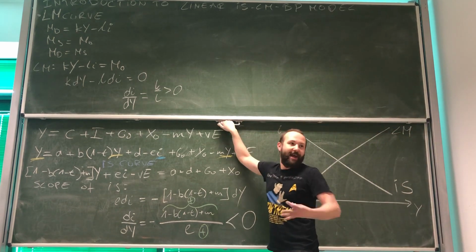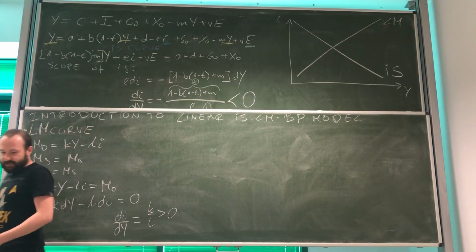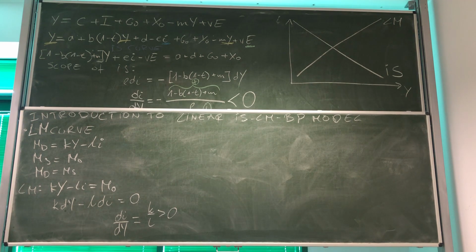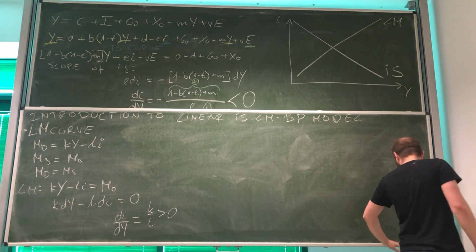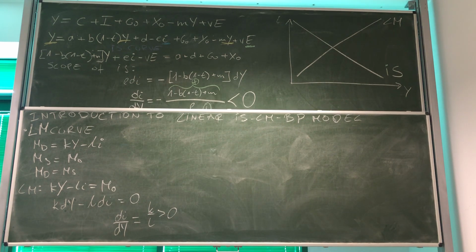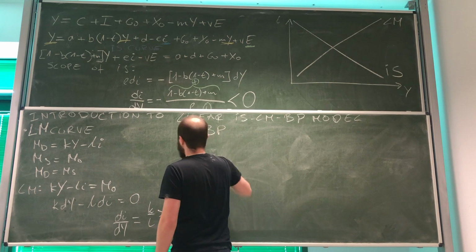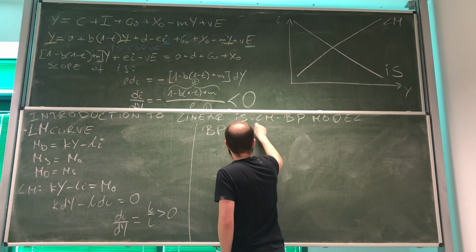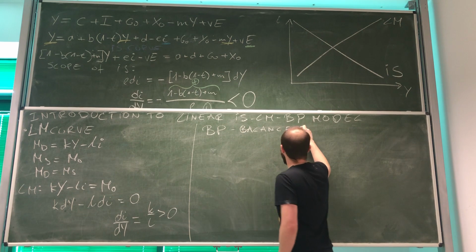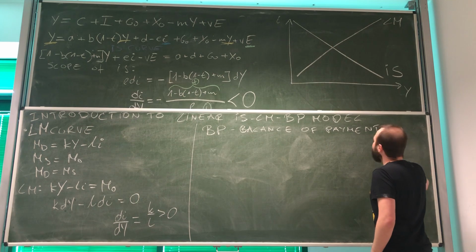Okay, so what we actually need now is to extend our model by introducing interactions directly with the rest of the world. And we're going to do it using the BP curve. BP is a shorthand for balance of payments. Balance of payments